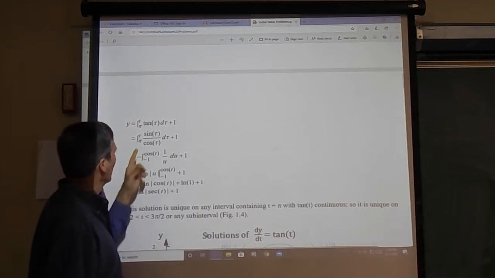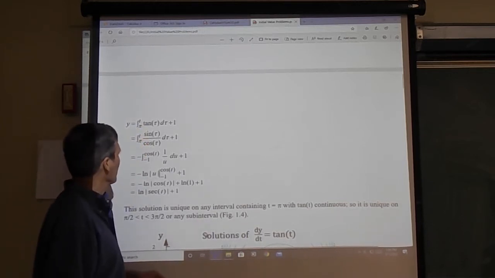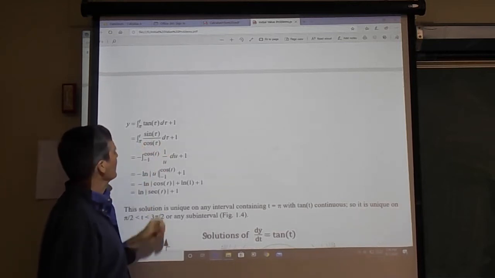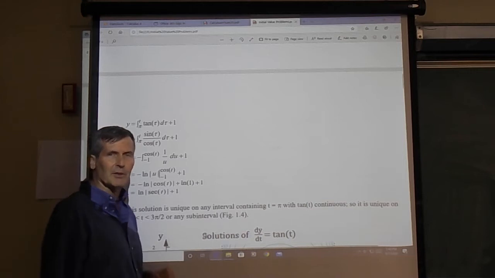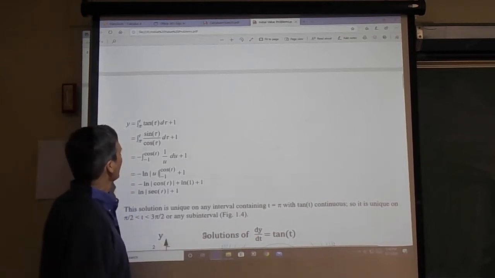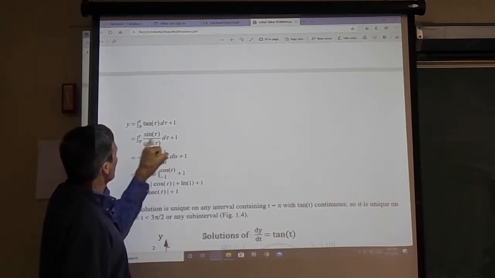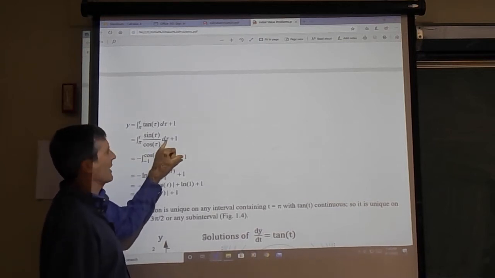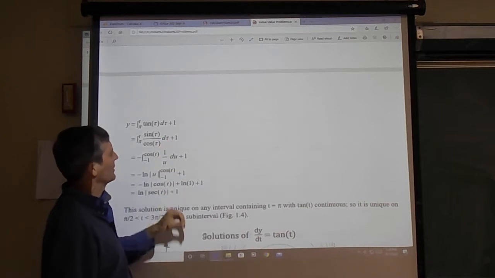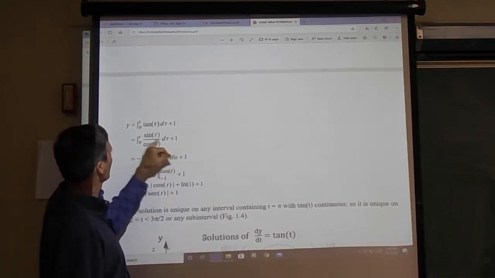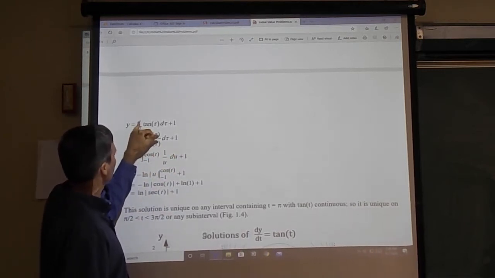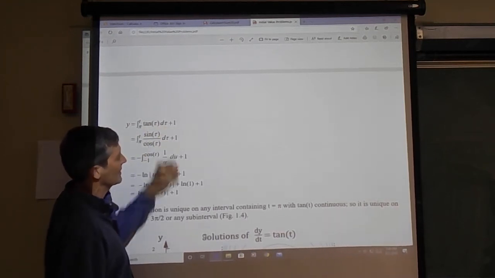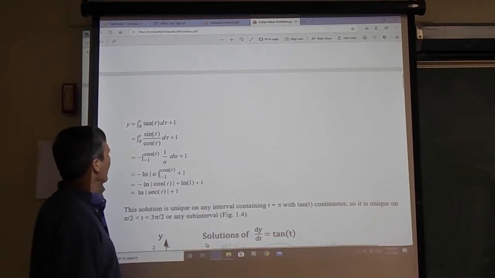All right. Well, we write tangent as sine over cosine. Remember this trick from calculus? You can let u equal cosine, the substitution. By the way, you're going to be good at integrals by the end of this semester. You let u equal cosine tau be a substitution. By the way, I only write this as function of tau because it's a mathematical faux pas to use the same variable t for the integral that you're going to evaluate it at. So if you're going up to t, then you just integrate tangent tau d tau instead of tangent t dt. You get the same result, but